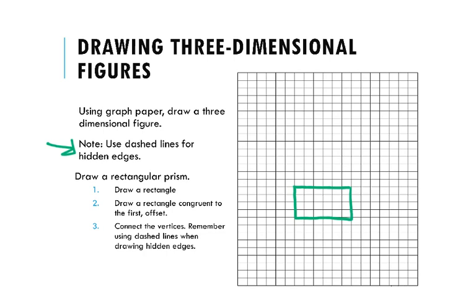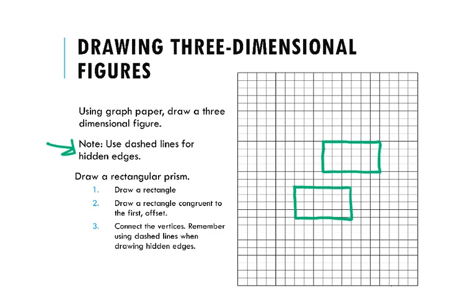So first I draw a rectangle. Now I'm going to draw a rectangle congruent to the first one, but just offset. So when I say offset, I mean I'm just going to have it shifted a little bit. It could be 1, it could be 2 units, it doesn't matter. So I'm just going to shift it over like 3 units. So remember, I have a 4 by 6. I'm just going to draw myself another rectangle. Okay, they're offset now. Now I'm going to connect my vertices,